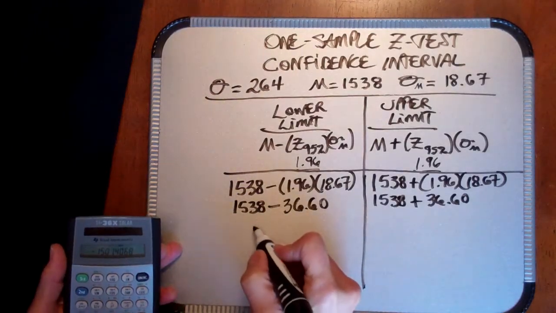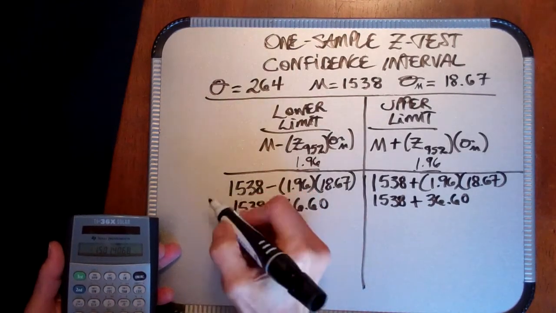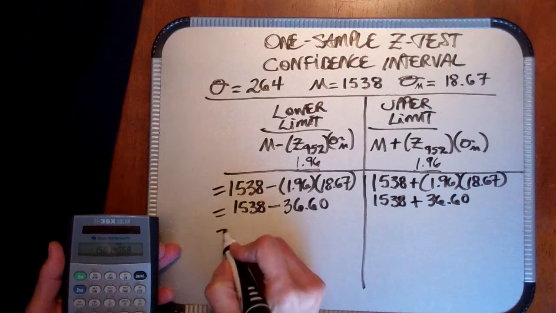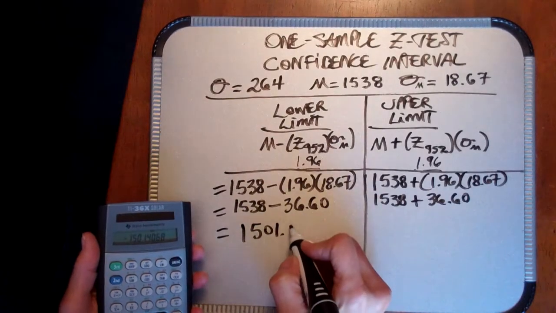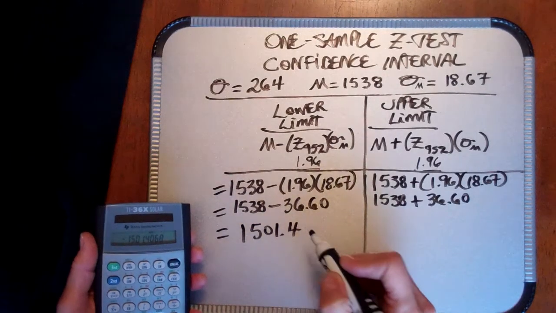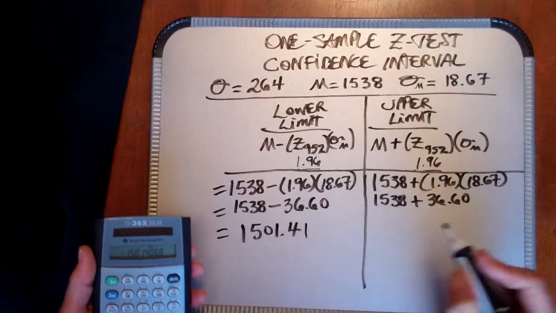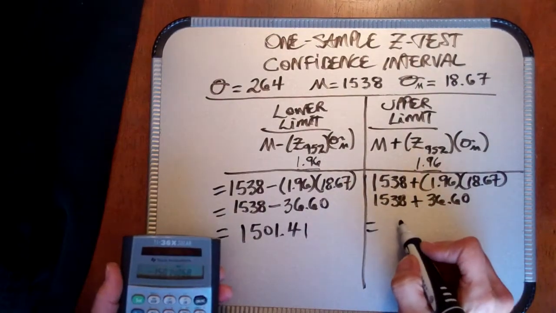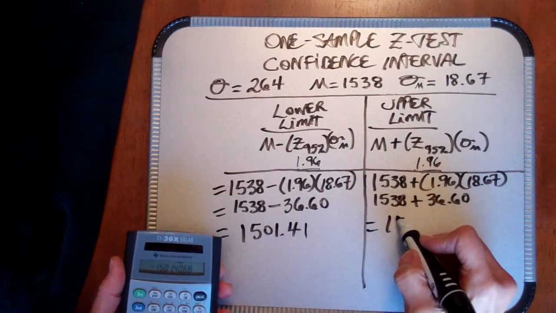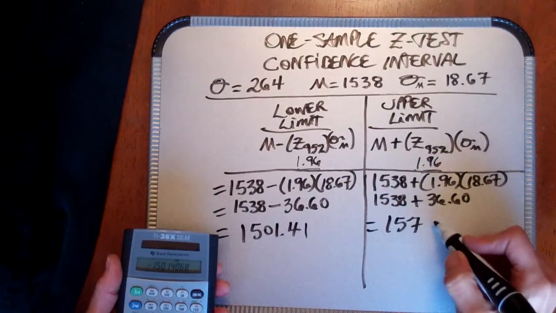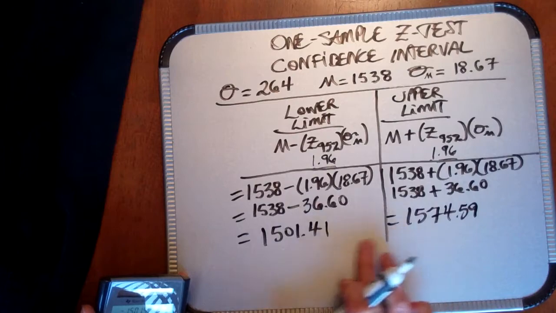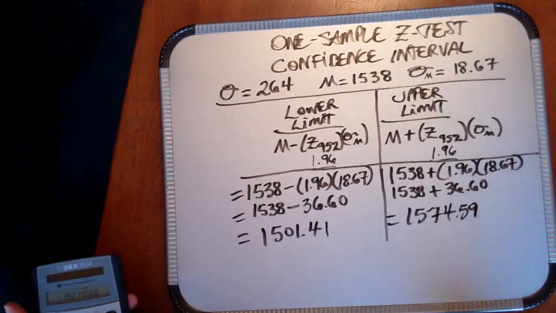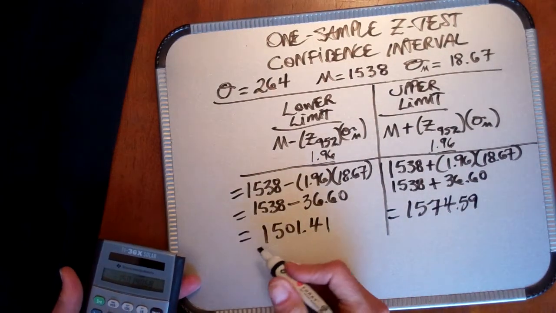And now this becomes 1,501.4. You could say 0.41. And this becomes 1,574.59. So your confidence interval for this problem is, and you would write this in the following way,